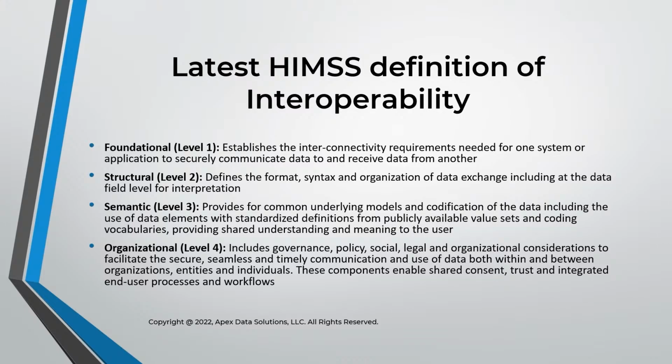So HIMSS is an organization very well known in the healthcare space. They have two conferences a year that people go to in either Orlando, Chicago, or I think Las Vegas. It's where all the big companies in IT related to healthcare go to pitch their wares and hear about new things and whatnot. So they've spent a lot of time thinking this problem through, and they have kind of described